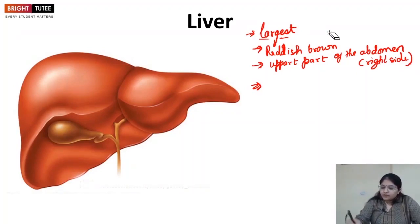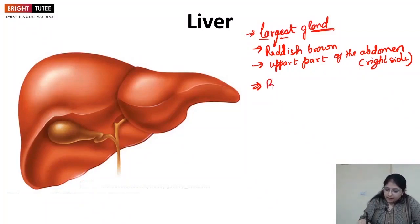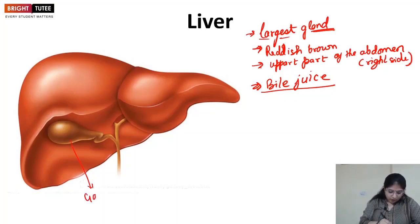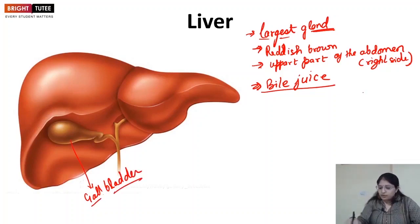So instead of organ, let's just write down largest gland of the body, right? And it secretes bile, right? What does it secrete? It secretes bile juice. Now this bile juice is secreted by the liver and it goes into the gallbladder, right? So this part over here is called the gallbladder. Now as the name suggests, bladder, this is the part which stores the bile juice that is secreted by the liver, right? So the bile juice is stored in the sac called the